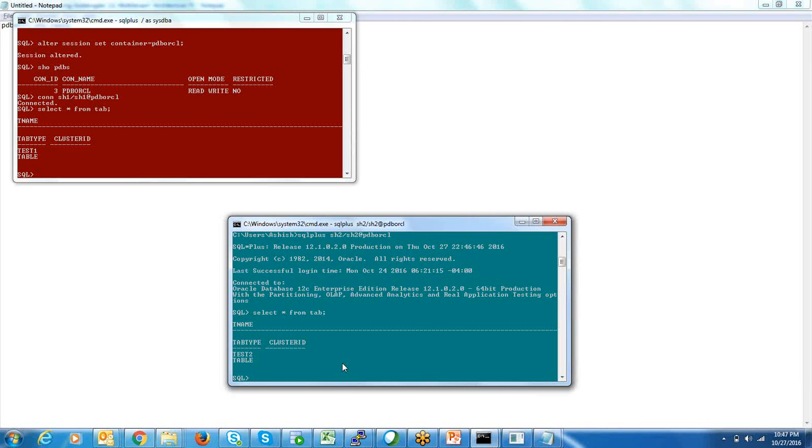Inside SH1 I have a table called test1, and inside SH2 I have a table named test2. So I'll be replicating the data from pdborcl.sh1.test1 to